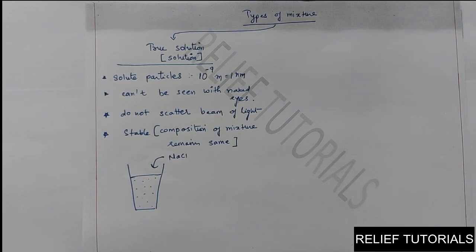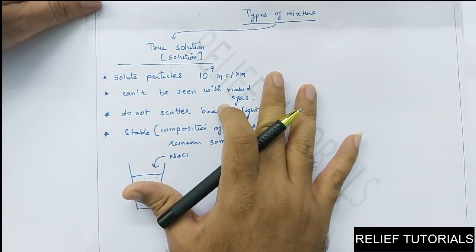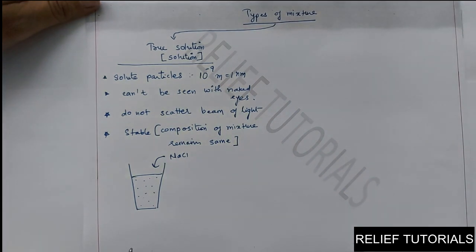We have seen many examples of solution: the solution of common salt in water, solution of sugar in water, solution of aerated drinks in which carbon dioxide is dissolved throughout the liquid, and tincture of iodine, which means iodine, a solid substance, dissolved in alcohol, which is used for dressing purposes. We have two more types of mixtures based on how the solute dissolves, and they are suspension